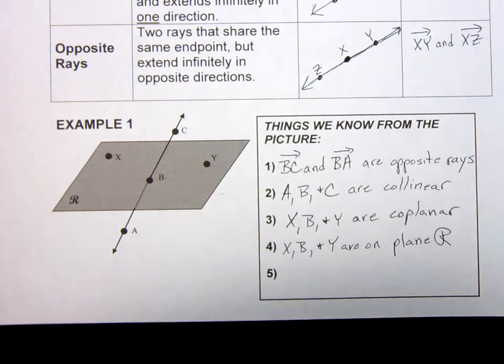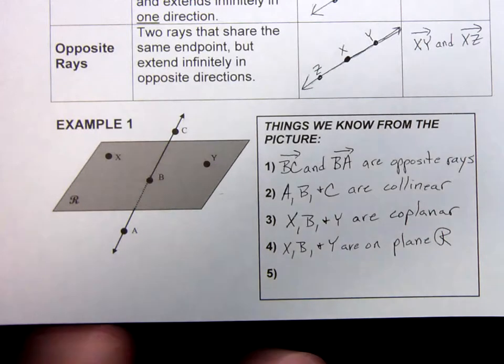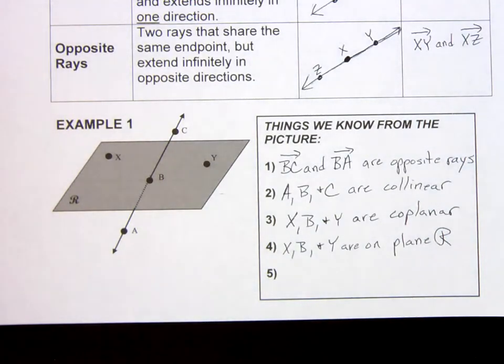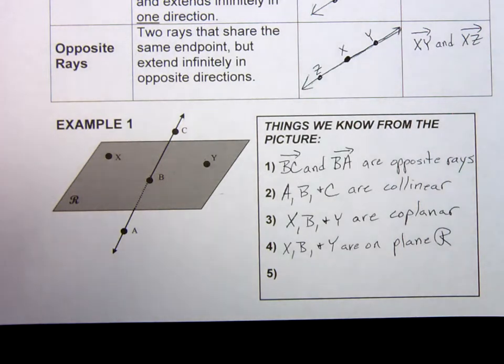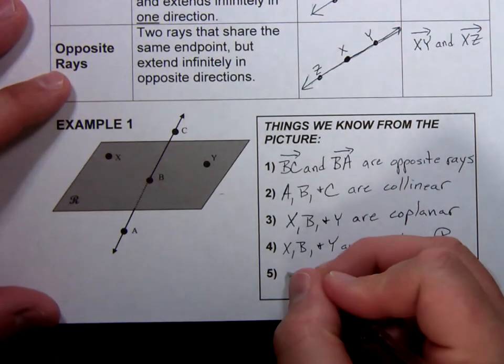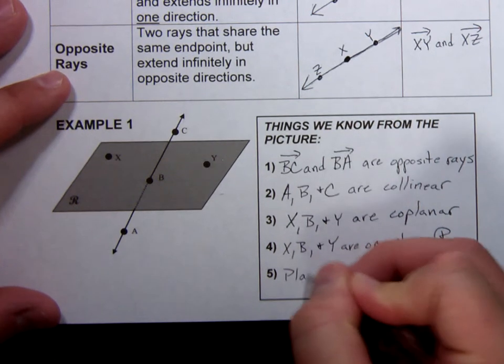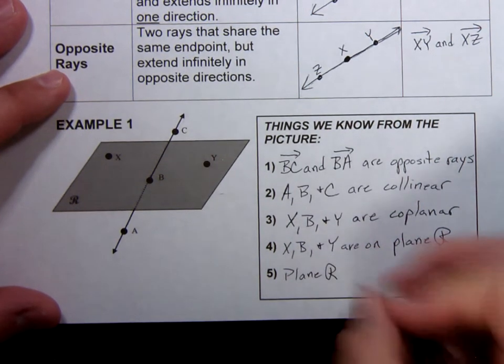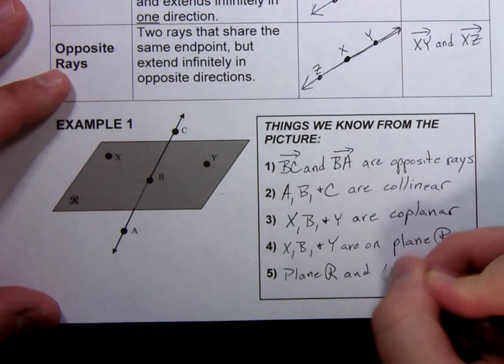Alright, what about the plane we're looking at and the line that's intersecting it? Where are they intersecting at? If you have a plane and a line intersects it, and that line's not on the plane or parallel to that plane, it's going to intersect it at one point. So, plane R and line AC